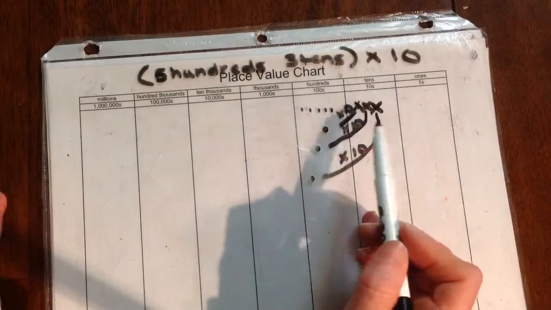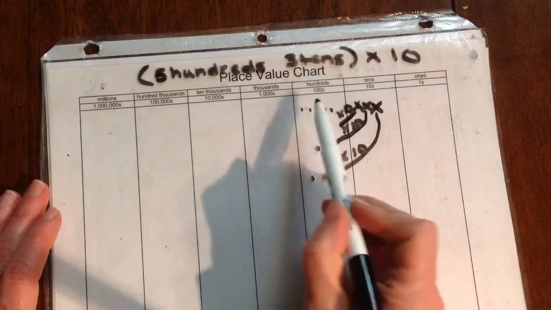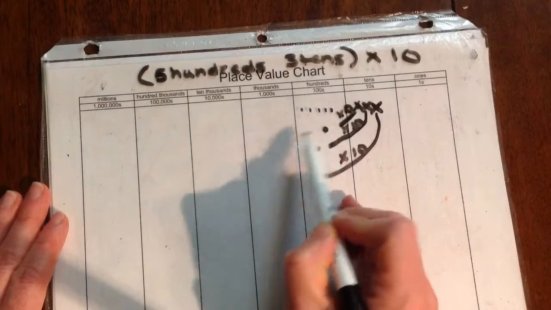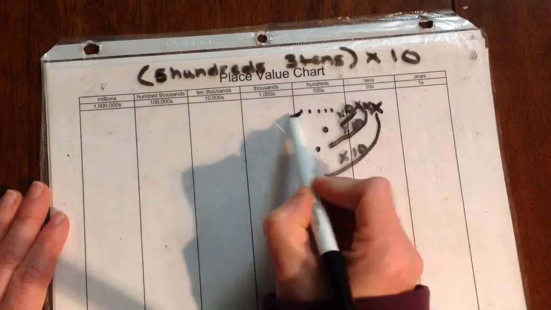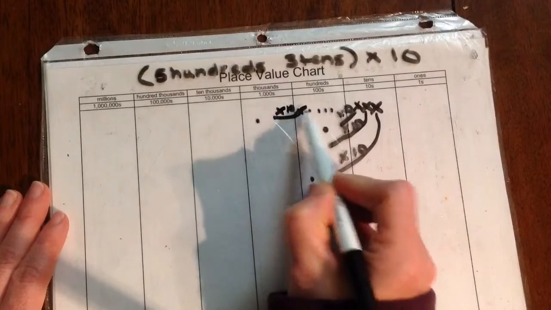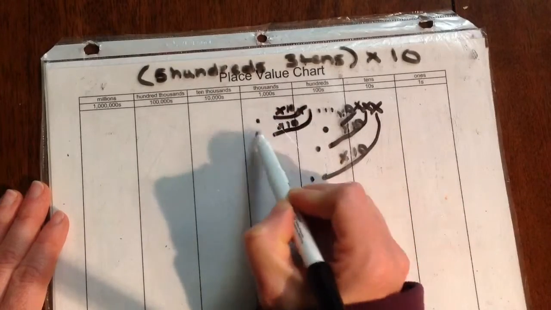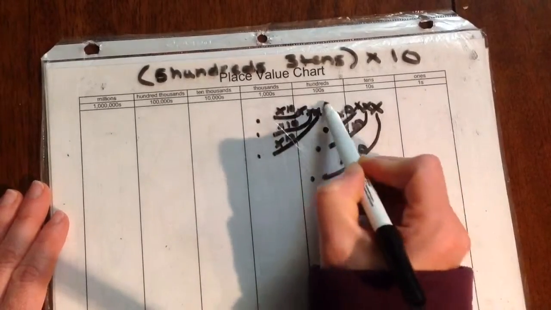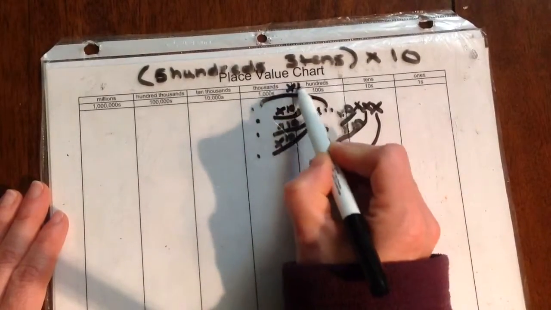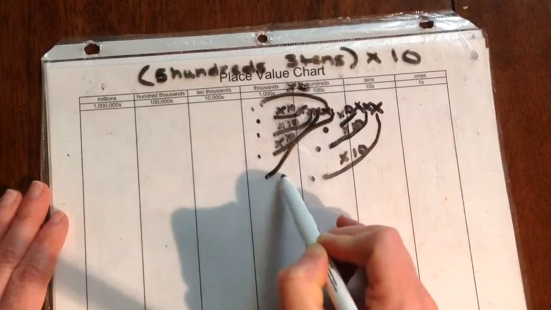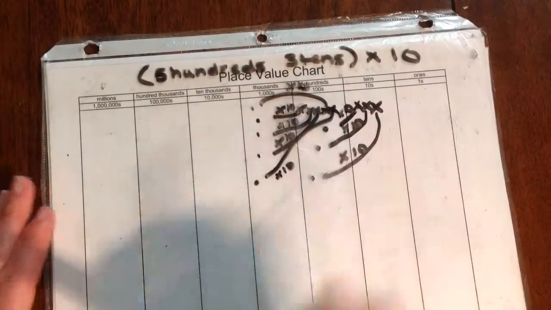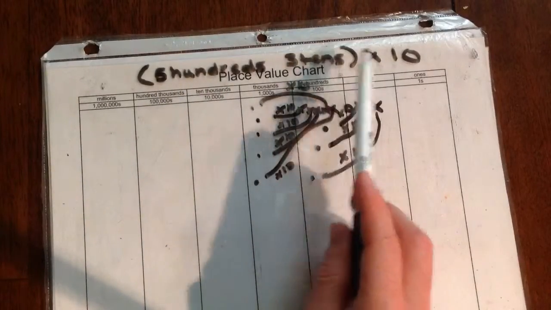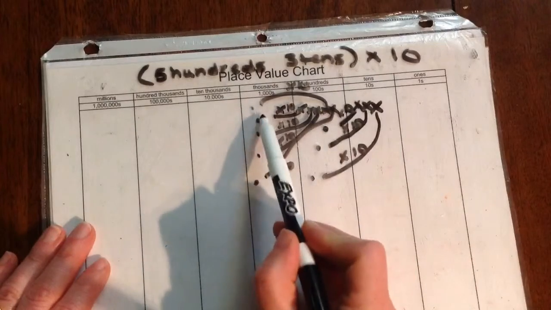So whatever way you do it, see how I made these ones larger than my smaller ones? Makes a little bit of a difference. So you don't times 10 these again. These are already moved. So here, times 10. Cross it off. Times 10. Cross it off. Times 10. Cross it off. Times 10. Cross it off. And times 10. Cross it off. So when I multiply 5 hundreds and 3 tens times 10, I get 1, 2, 3, 4,